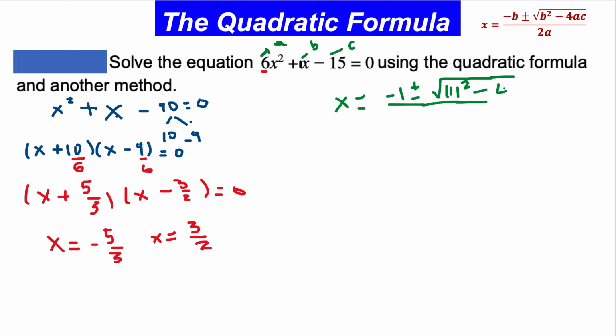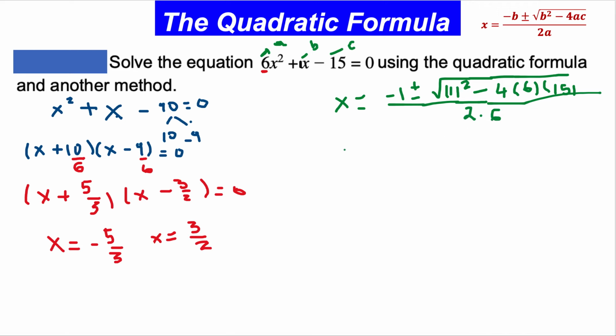Minus 4, and instead of a I'm plugging in 6, and instead of c I'm plugging in 15. Now I can multiply everything in this formula. And here is 6 times 2, or 2 times 6,